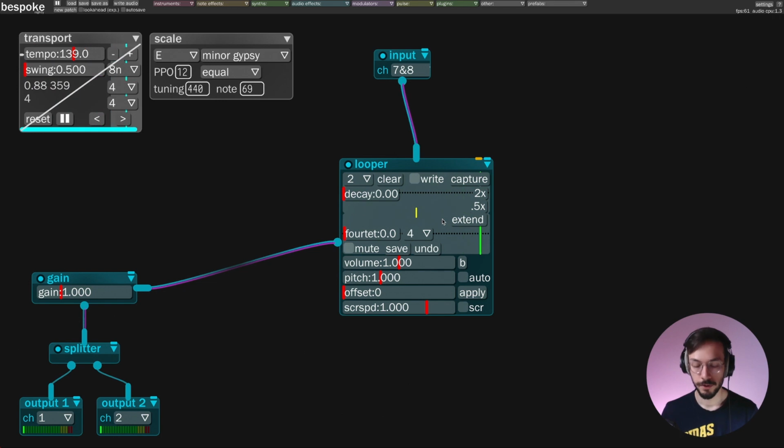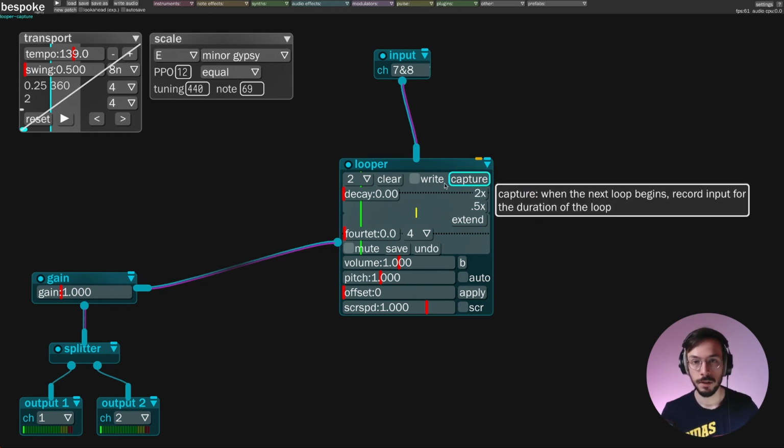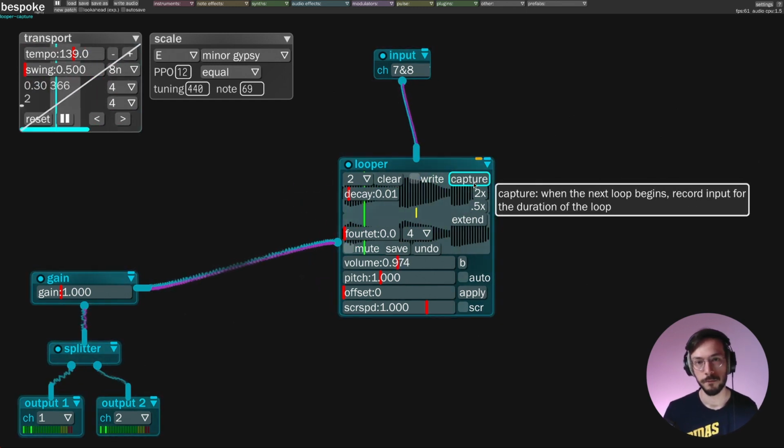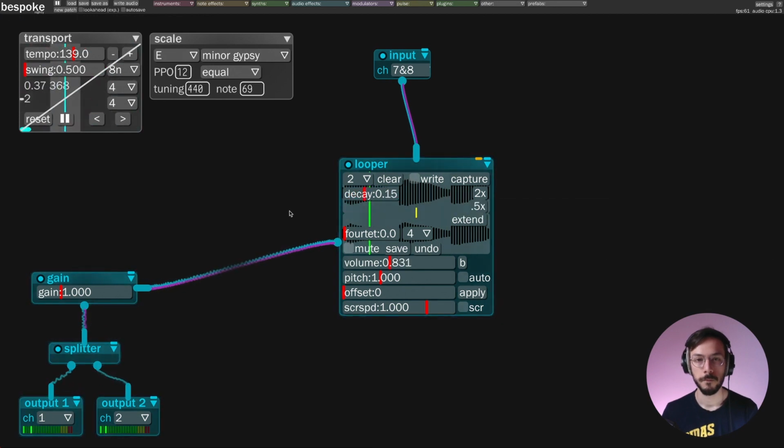One more interesting feature that can be handy if you want to create evolving soundscapes or textural sounds that change again and again, it's the decay. So it will lower the volume amount each repetition. So let's test it. As you can see, each repetition, each loop, the waveform is getting smaller and smaller. If you set the decay to 0, it will stop the decay. We can bring up the volume